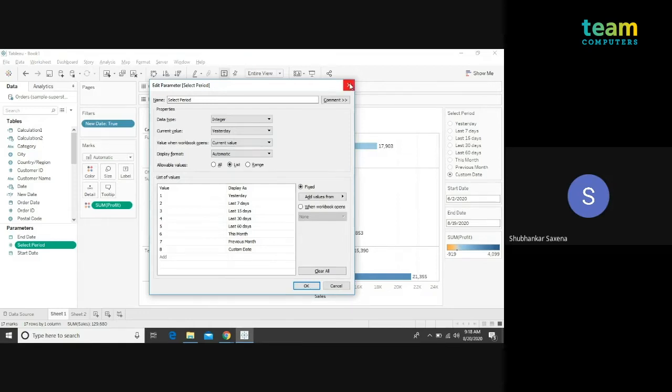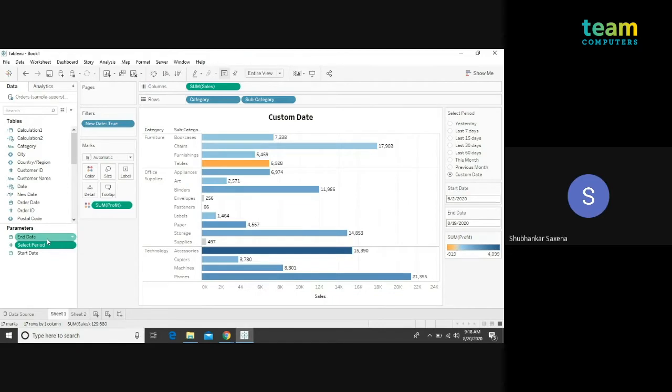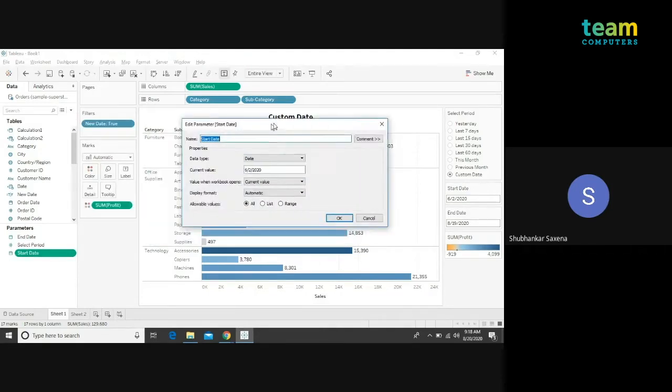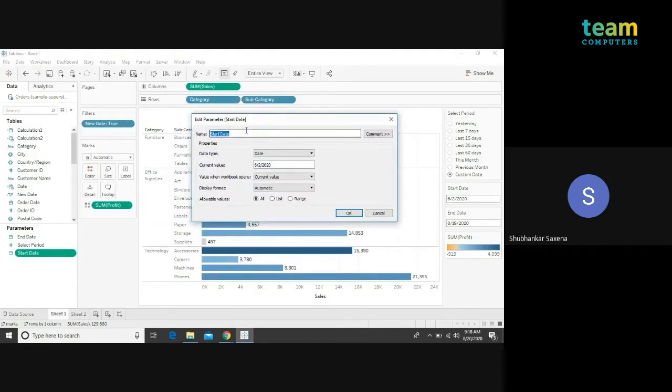Along with that, we have to create two more parameters, which are date parameters for a start date and an end date. Let me show you one parameter as well. I have given the name as start date, data type as date, and the current value whatever you want to specify for the custom date, and OK.